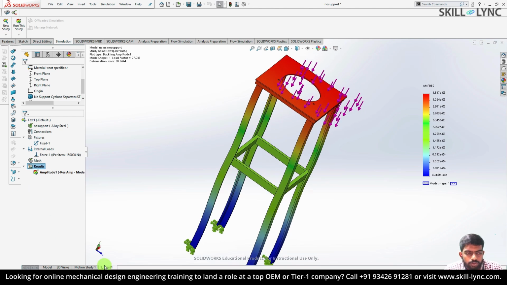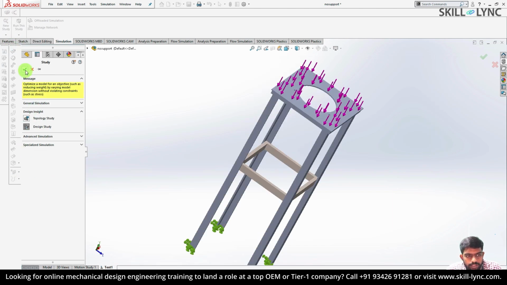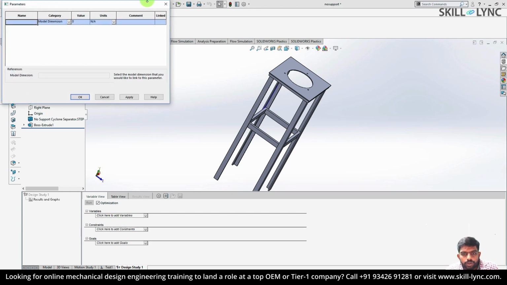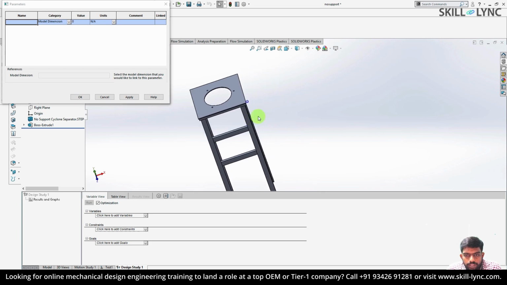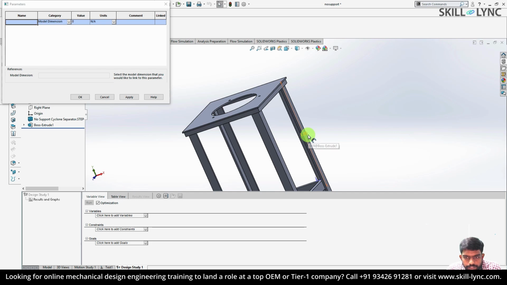So let's find it out by performing a design study. Click on new study, choose design study and select design study options. For the list of variables that you need to vary, choose the parameters that you think would affect your design. Here, as part of the challenge, you have been asked to vary the position of the stiffener. So select the dimension and rename it as offset